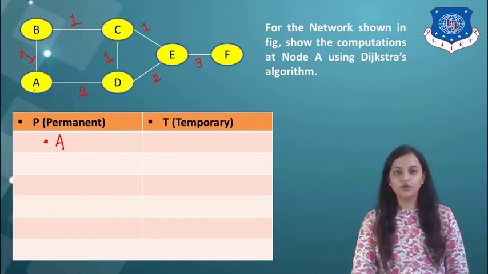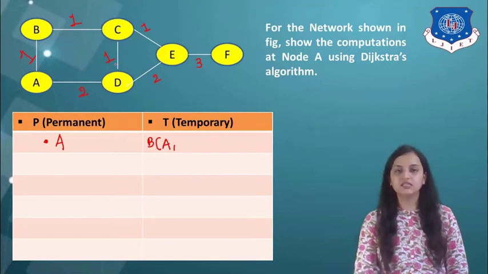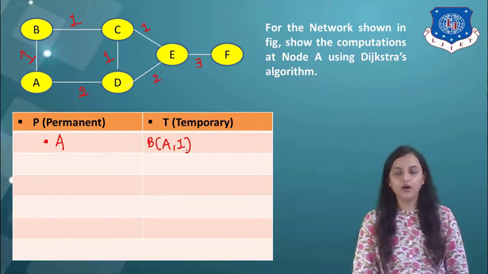As you can see, from node A, there are two different nodes connected, which are B and D. Now, the syntax to indicate the temporary nodes for all the outgoing lines is destination node B, root node A, and the distance from that node here. So in this case, the destination node is B starting from A and the distance is 1. So here it should be written in the way B in brackets A comma 1. This is how you can represent these nodes, the syntax using parentheses, root node and the distance.